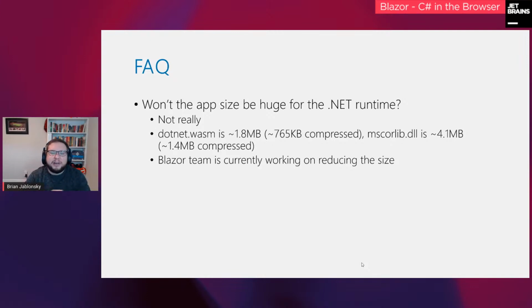They do a little bit of tree shaking there to be able to say, okay, we don't need these certain features of the .NET runtime, so don't include all these other DLLs that we don't necessarily need. Only include the DLLs that we actually need to be able to run your application.